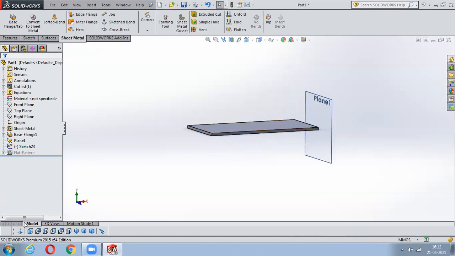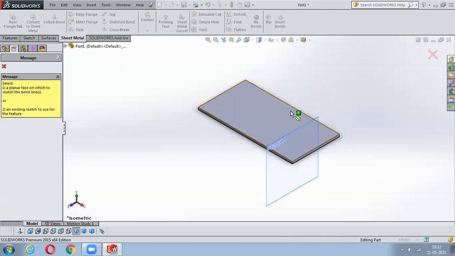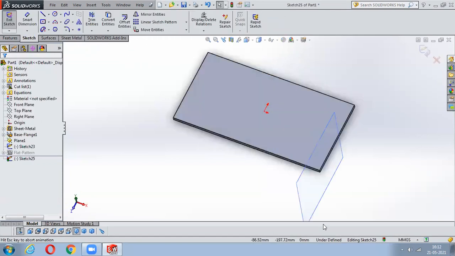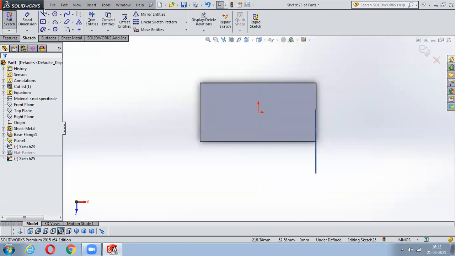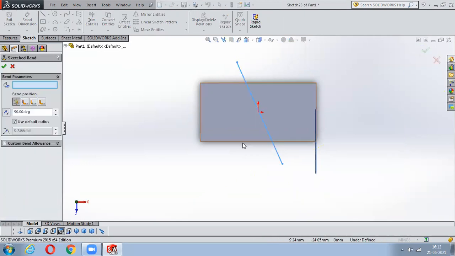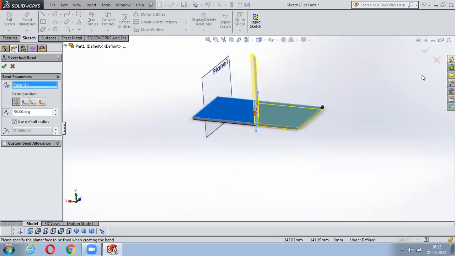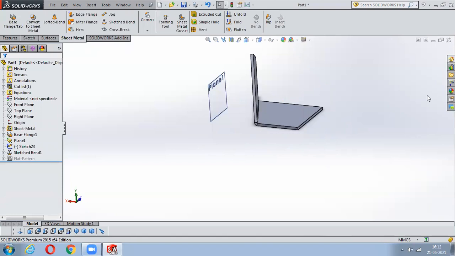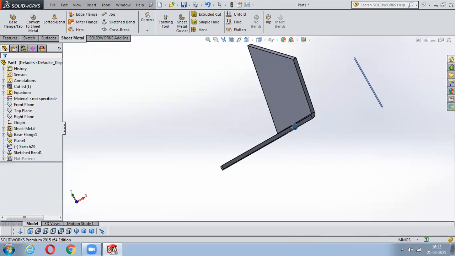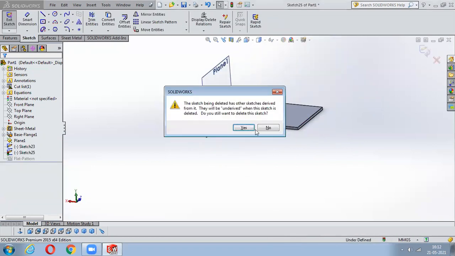Okay, great. The next thing is called sketched bend. It is used to bend by a sketch. Just select the face, and it will go directly to your sketcher workspace. Create a line wherever you want to bend it. Then exit, and click any one point on this. That face will be fixed and the other face will be bent according to that line. It is just like marking on a paper and bending it. Got it? No issues, right? No doubts, right? No, sir.